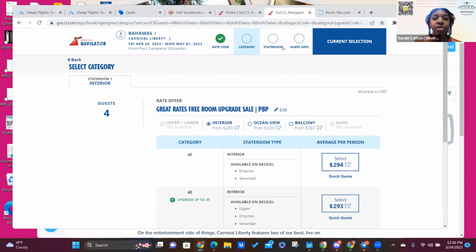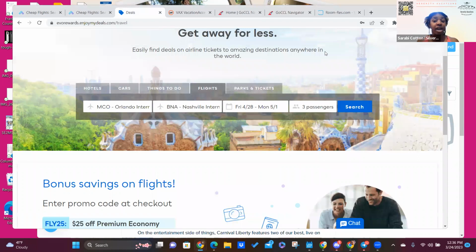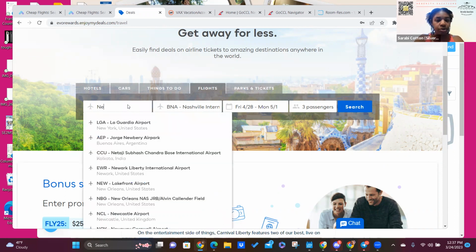Now, if you're ever dealing with a client, you always want to make sure you recommend having a day before and a day after when it comes to this, because when they're flying in, you want to make sure they have enough time to get to the port. However, with this client, they have a set amount of time that they already took off, so they won't actually be able to do the day before and the day after. So that's why having it picked perfectly will be really helpful for them. So she is going to be leaving from Newark,